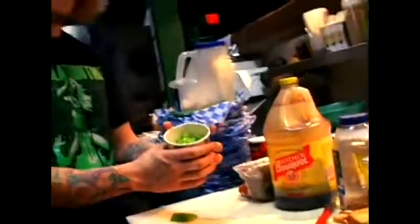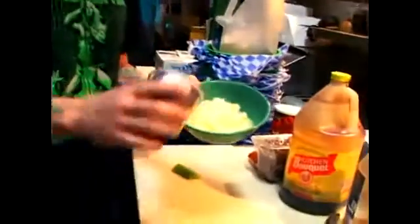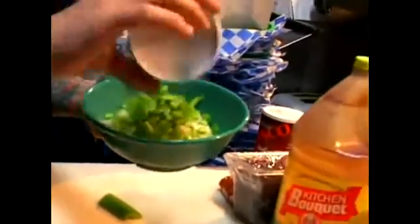We got half a cup of chopped celery. I'll be throwing it in a bowl now with the apples and onion. For the saute pan,